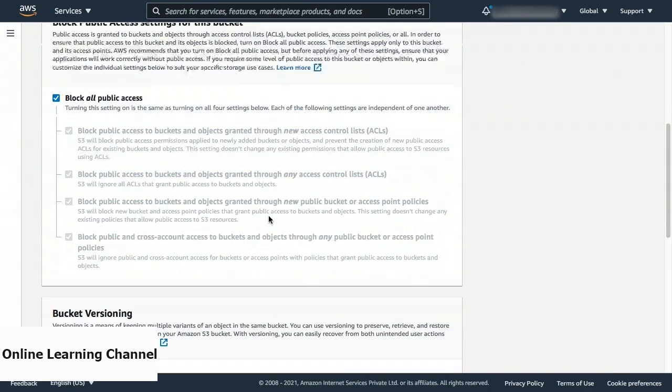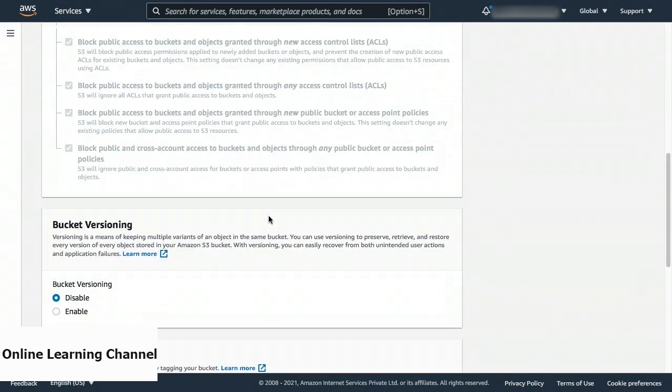Next, AWS allows us to enable or disable bucket versioning. Bucket versioning becomes an important feature to recover objects from an unintended action, such as an application failure. Enabling bucket versioning will make sure that each change that is applied on an object is stored as a new